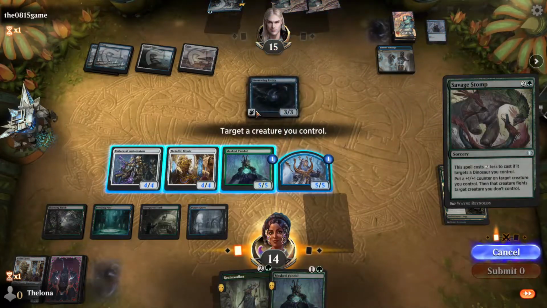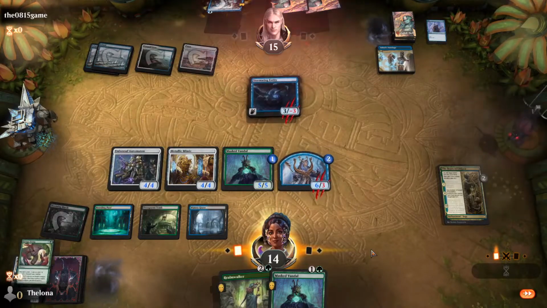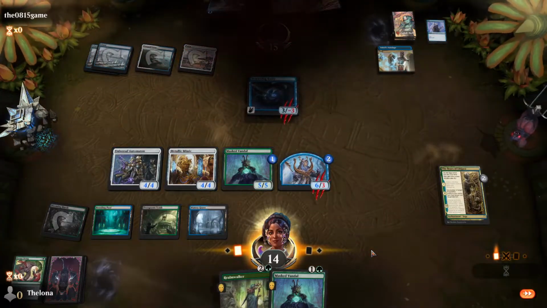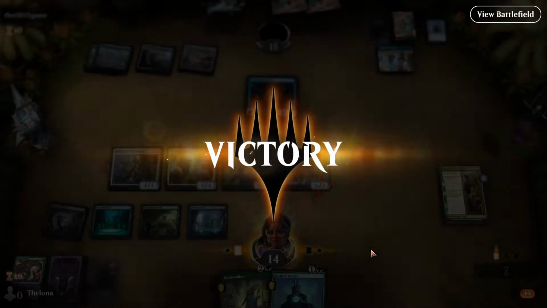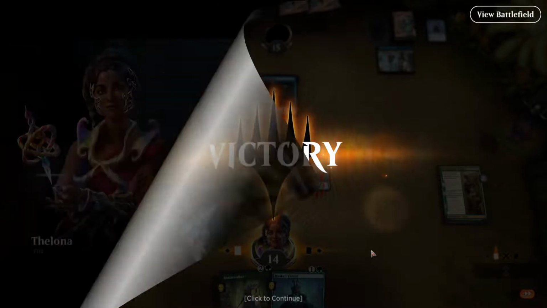Savage Stomp. Out of the way. Take your mill deck and go over, I don't know, into that back alley there. This is some guy that...